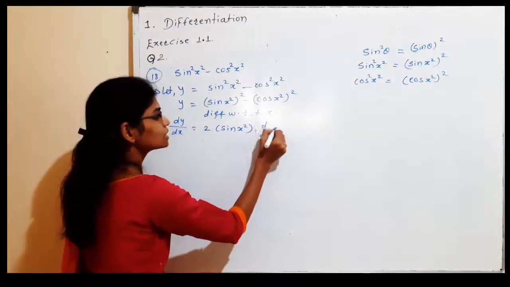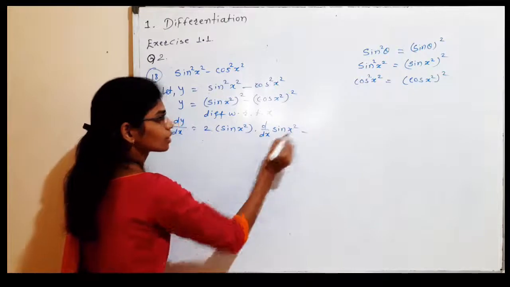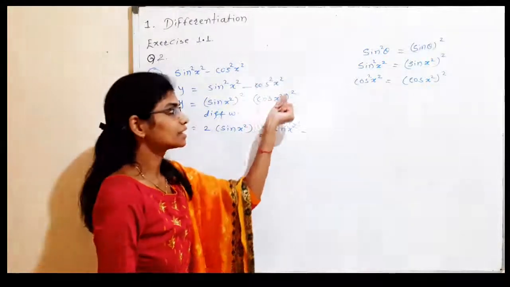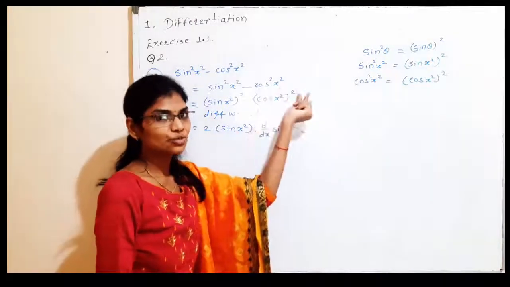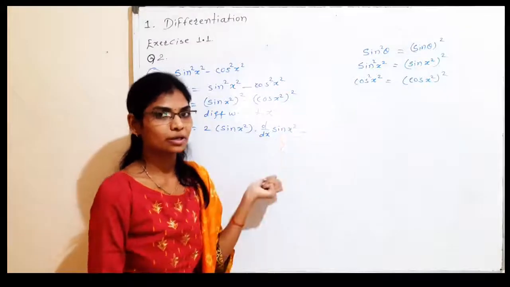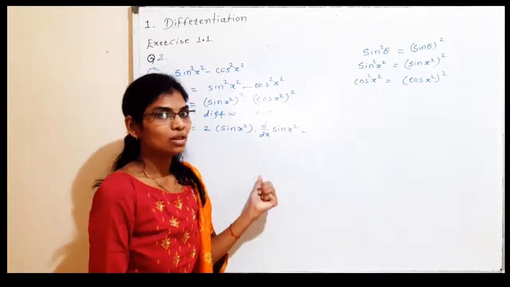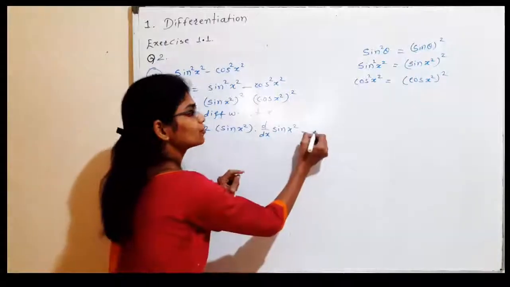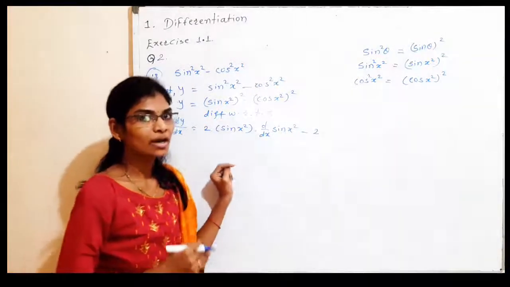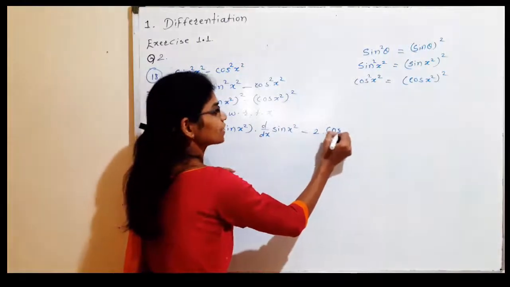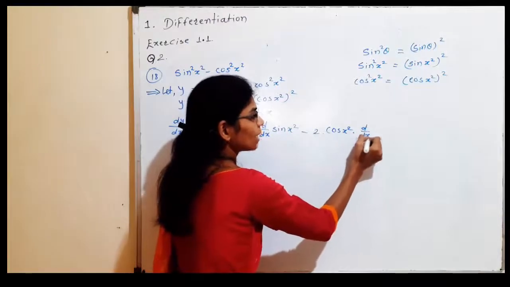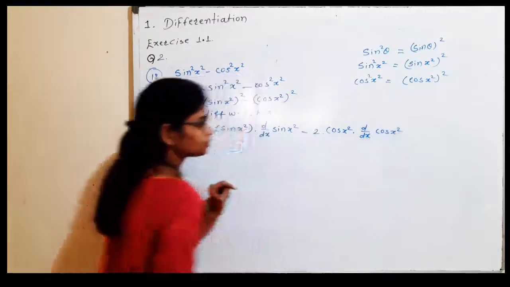it means the derivative of sin x square. Minus this function, which is also in the form of a bracket raised to n, so that is why here also we have to take the derivative of x raised to n. By this rule, 2 is in multiplication form, that is the index in multiplication form, and index less by 1. It means cos of x square as it is. Again take the derivative for the bracket, that is cos x square.